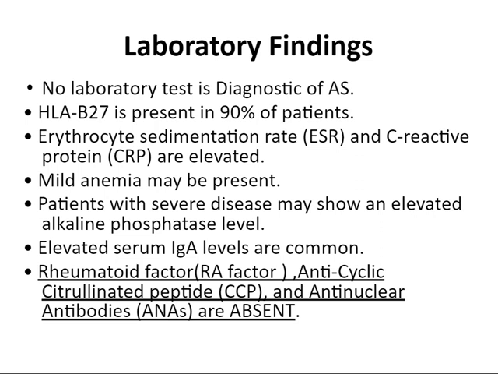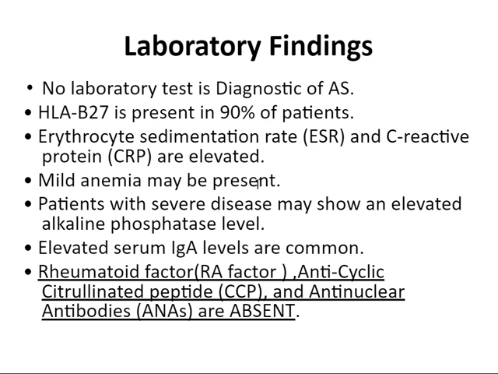See, there is no laboratory test that is diagnostic of AS. Remember that point. There is no specific test for diagnosing AS. HLA-B27, as we already discussed, is associated with ankylosing spondylitis in 90% of cases. Least association is for psoriatic arthritis, which is 50%. And also we already know ESR and CRP are elevated since it is inflammatory, and mild